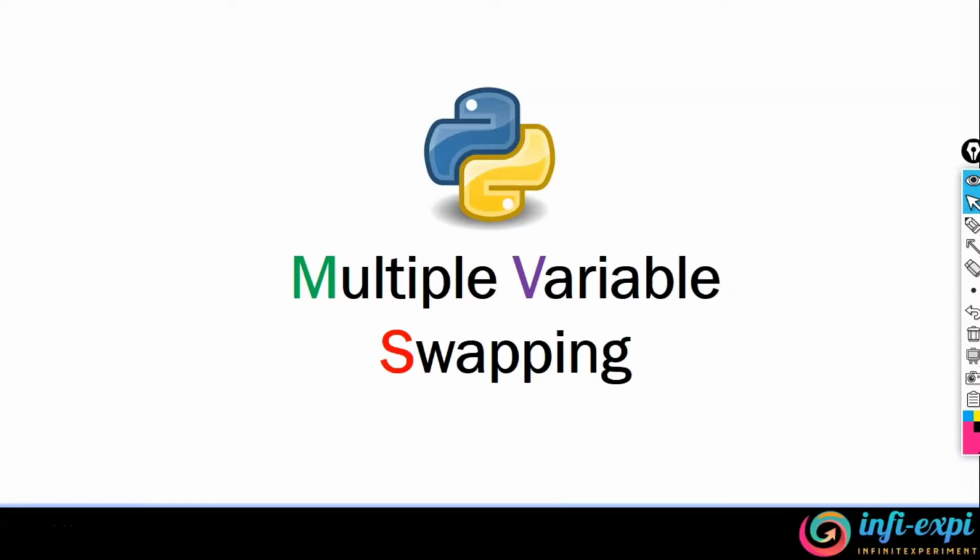Hi. In our last video, we discussed multiple variable assignment in Python. We saw how elegant it is to assign multiple values simultaneously to their respective multiple variables. In this video, we are going to see how multiple variables can be swapped in a more elegant way using